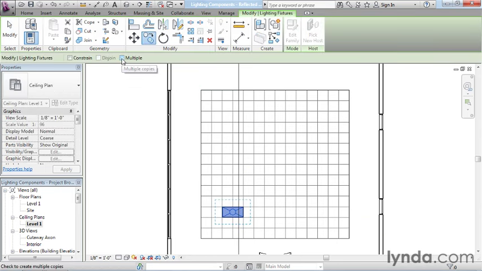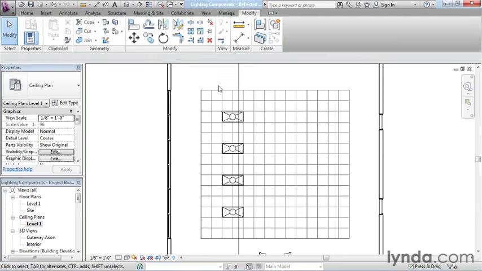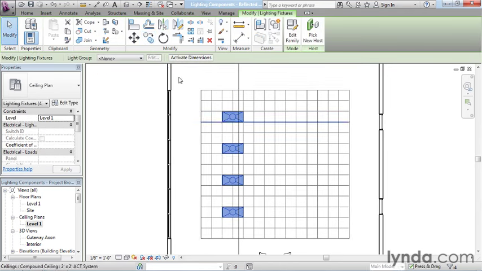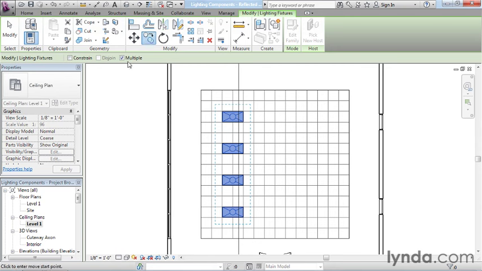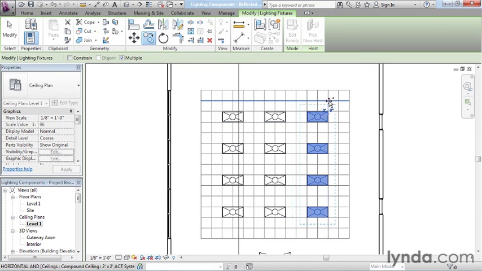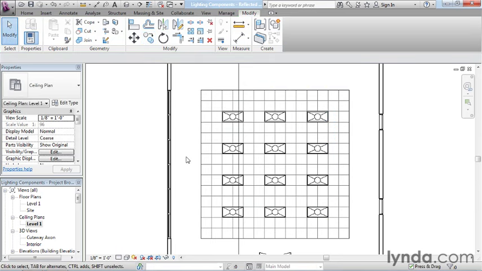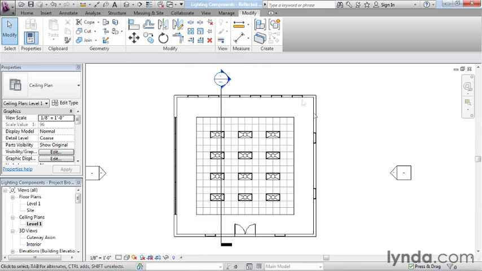I want to turn on the multiple option, pick a good base point, and go ahead and make several copies. Go to Modify, select all 4 of these, go to Copy again, multiple still checked, make some additional copies over here, and there's my recessed lights there in the ceiling. Now if I zoom out a little bit, the ceiling is high enough that we're not seeing any of the